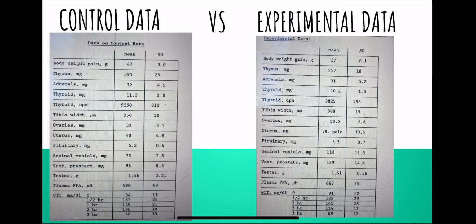This slide shows the data we were provided for the rats in both the control and experimental groups. The rats in each group were treated for 10 days. The control group was administered saline, while the experimental group received the unknown hormone. Administration occurred between 1 and 4 times daily. Using the data provided, we performed significance tests. This allowed us to identify any statistical differences that we needed to research further.